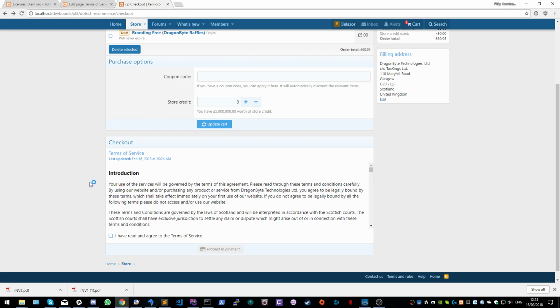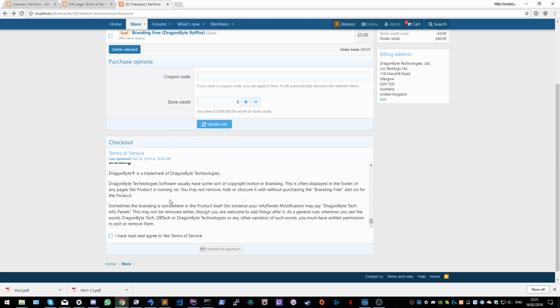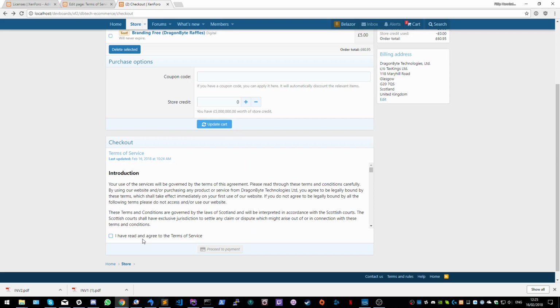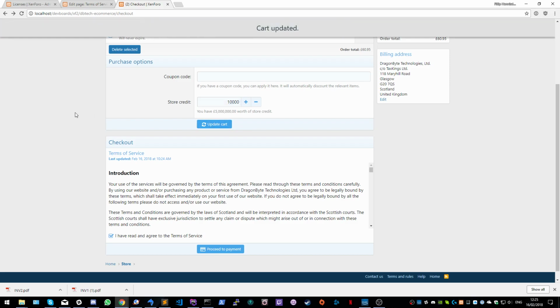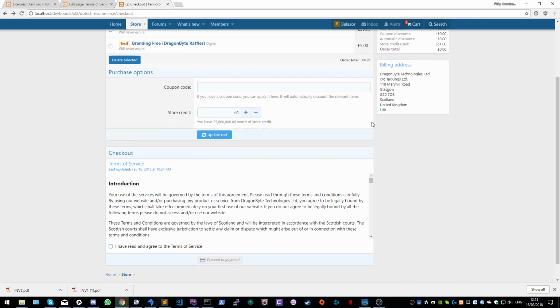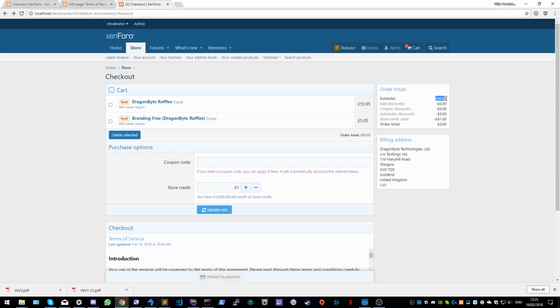But on the checkout screen, because obviously money is involved, we always ask people to confirm the terms of service, and the full page is displayed inside the scrolling area. And you have to agree to it. I don't agree, but you have to agree. And as you can see, for testing purposes, I did give myself quite the amount of store credit. We can just try to apply 1,000, and it will go back to 61 because the order total was 60.95. So then I'll go to 61,